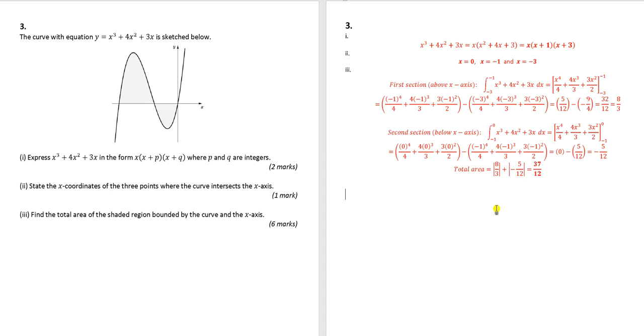You could also check that this is sensible. If you wanted to try some numbers, you could, for instance, substitute in -2 to get a rough idea of how high this curve goes, and that might help you to get an estimate for the area. But depending on how much time you've got in an exam, it may not always be possible to spend that much time. The key thing to remember here is if you want the area